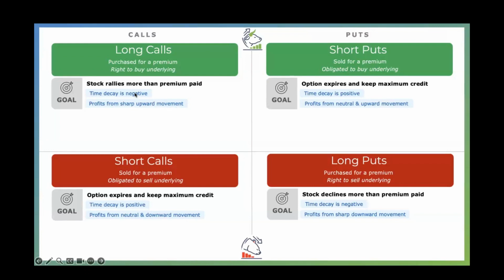because remember, we purchased time. That is a component of an options premium. That's moving against us because it makes the option diminish in value as it gets closer to expiration, which means it's a negative factor. Very important to know, but that means it's a positive factor for those short options because we sell those for an upfront premium that we collect in exchange for that obligation to fulfill the other side